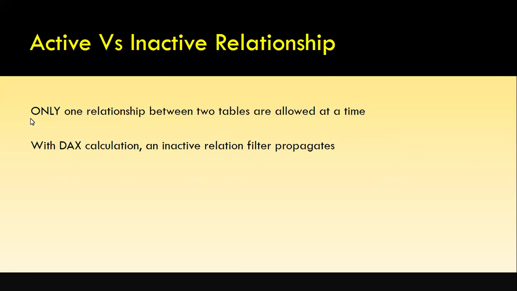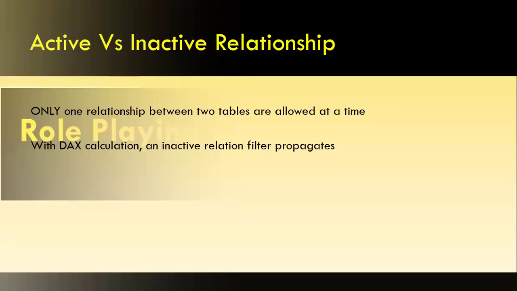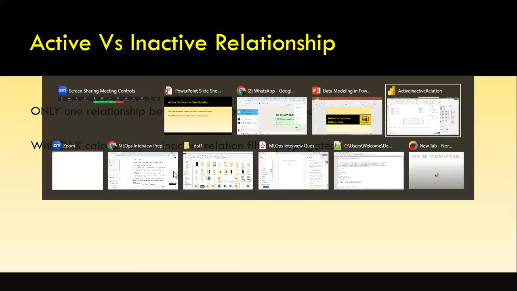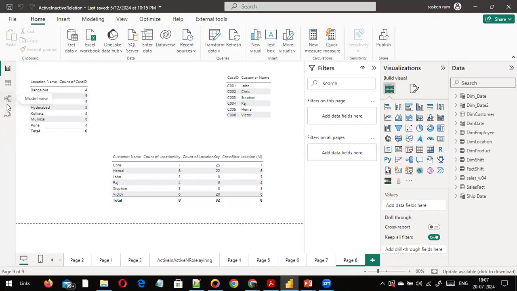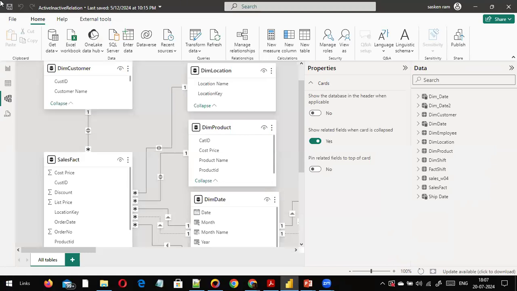Okay. So by default, as of today, only one active relationship between two tables is allowed at a time. If you create more than one relationship, what happens is, except the first one, the rest of the relationships will become inactive. That you can find out with the dotted line between the tables. Okay, so look here, I just go to the model view. Okay, in this model view,